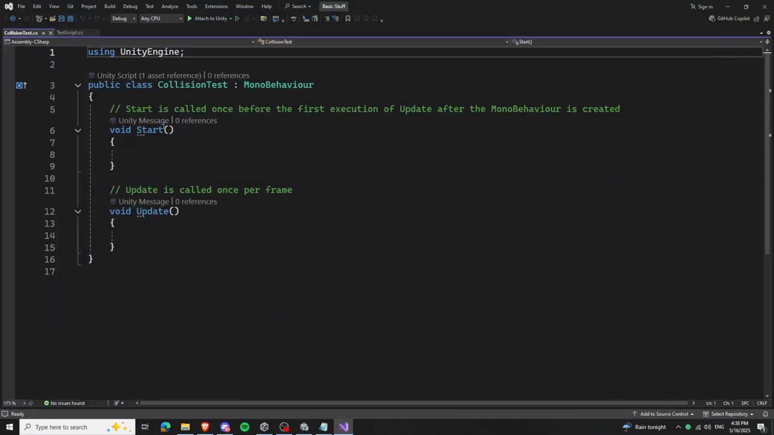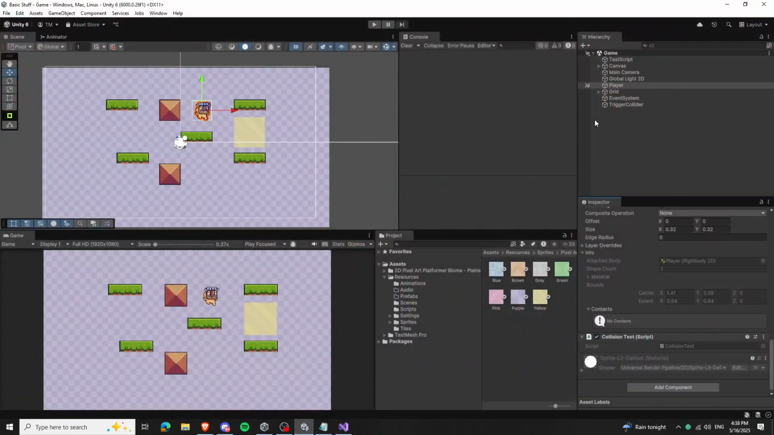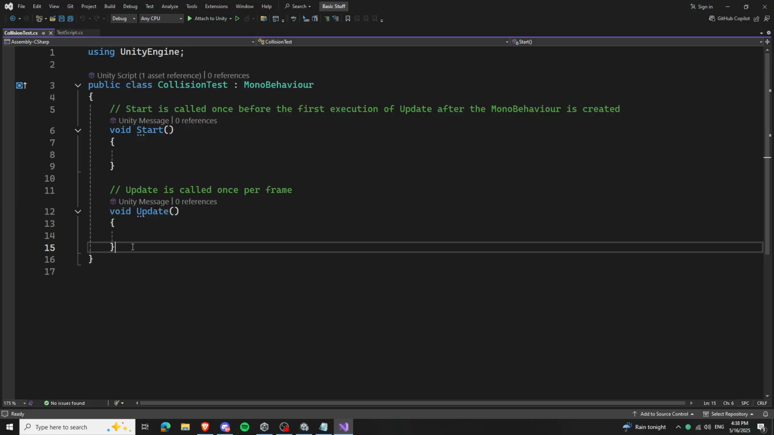So now we'll discuss how to use collision in code. I made this empty script here on the player, so we look at all the functions for that. So we have